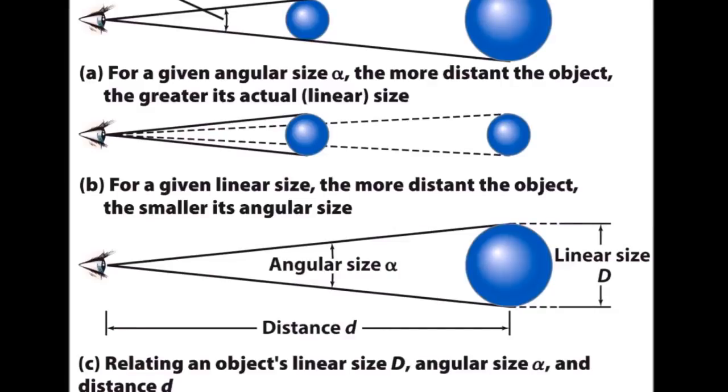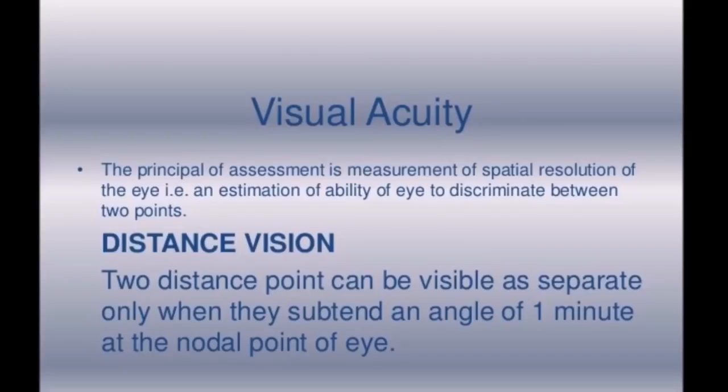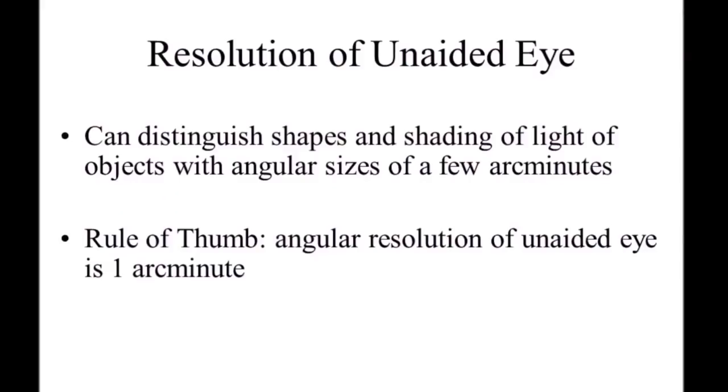This is how we distinguish objects moving away versus coming toward us. The angles also help us determine the size or distance of any given object. Visual acuity is another closely related term that means clarity of vision or the limit of one's eyesight, and it is a measurement of the angular resolution of the eye or the device.